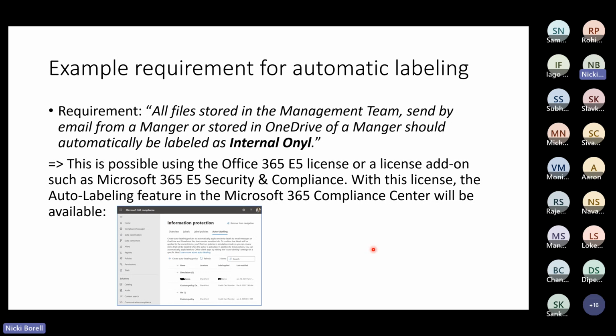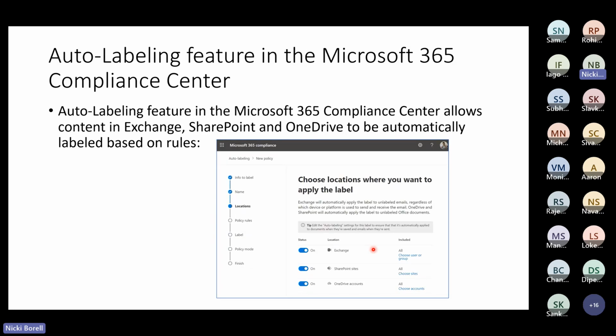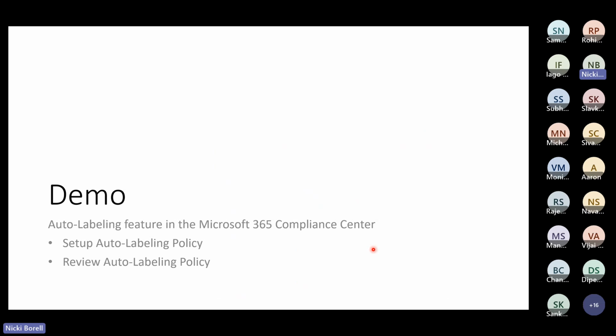With this capability, we see it on the next slide, we have the chance to cover Exchange, SharePoint, or even OneDrive. If you have a scenario where the file is stored on, let's say, a file share or whatever, we will talk about this in a couple of minutes in the next slides. But for this, the auto-labeling capability in Microsoft Purview Center gives us the chance to set up auto-labeling policies focusing on Exchange, SharePoint, or OneDrive. I'll show you this in the next demo, even from the setup perspective and also from a review perspective,